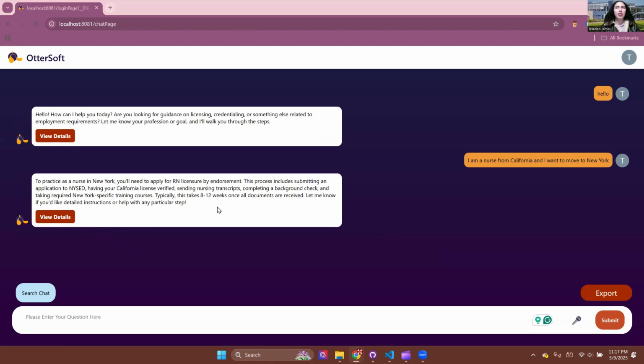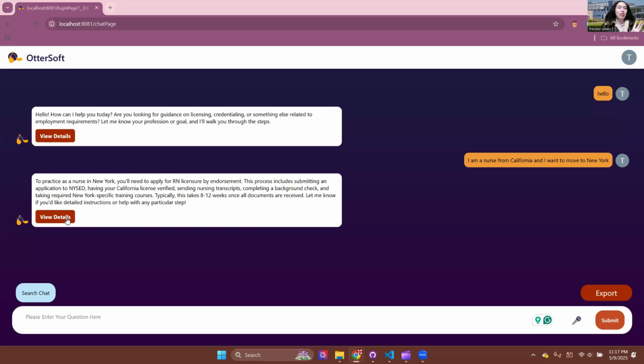Whenever it provides a JSON format, it'll give out this summary. Like right now, it's giving out the summary: I need to apply for an RN licensure by endorsement. I need to submit an application and have my California license verified. That's a little wall of text.